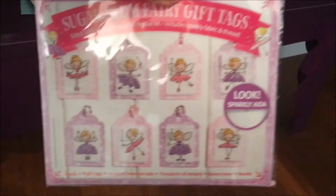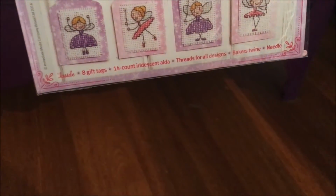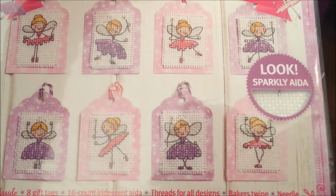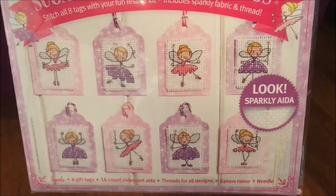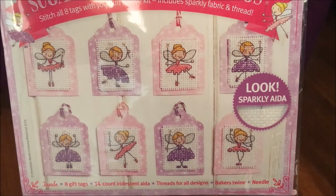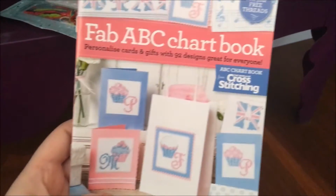This was from Cross Stitch Crazy. It was a free... Oh, was it? Where was this from? I think it was Cross Stitch Crazy, but hey, it could be a different one. But it's little fairies and it comes with sparkly Ada. I just don't know when I'll be stitching that. I don't really have any family members or young children around in my family, or young girls really, I guess. But they're so cute. This is from Cross Stitching Magazine,